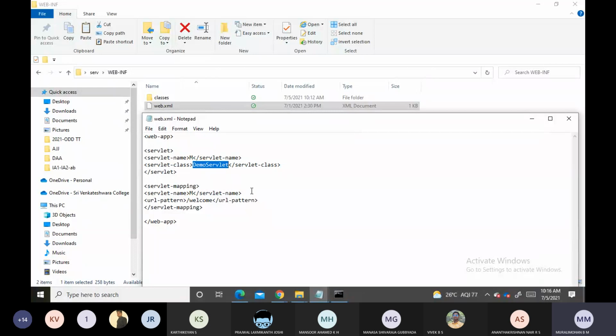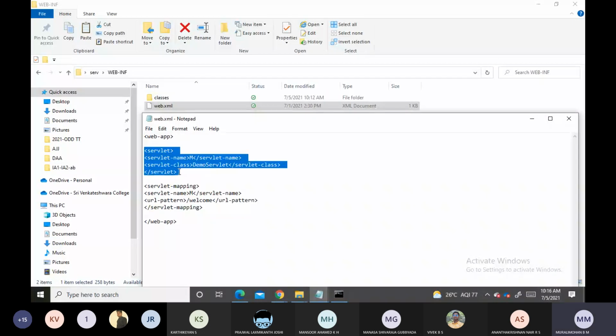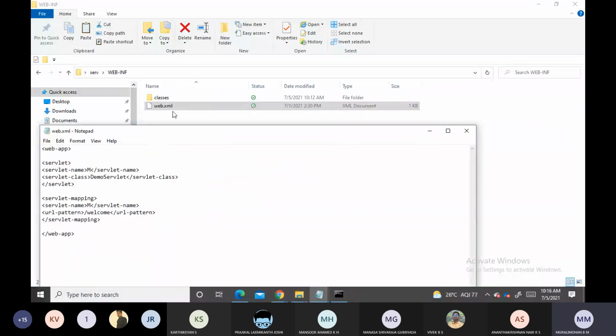Next, in mapping, the servlet name is the same name given here, and the URL pattern we are giving is just welcome. This is servlet mapping, and this is servlet. Clear? So this will be there inside this web.xml page.